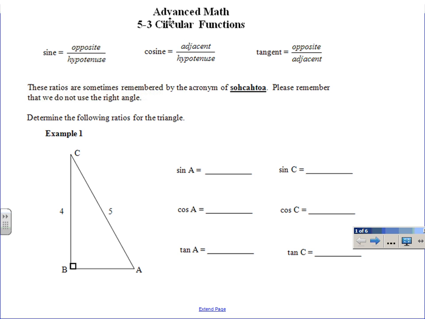SOHCAHTOA is a good acronym for remembering it. But please, as I tell my geometry students, spell it correctly. I know it's not actually a word, but if you put them in the wrong order, it's not a very good memory device. All right, so it's sine because it's opposite over hypotenuse, cosine adjacent over hypotenuse, tangent opposite over